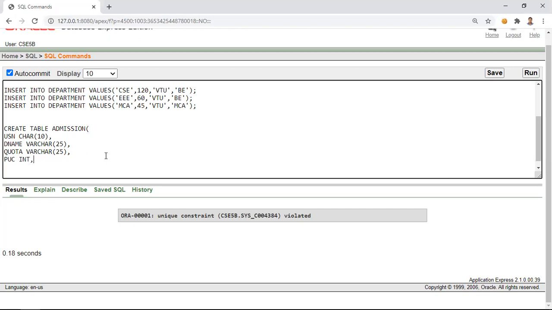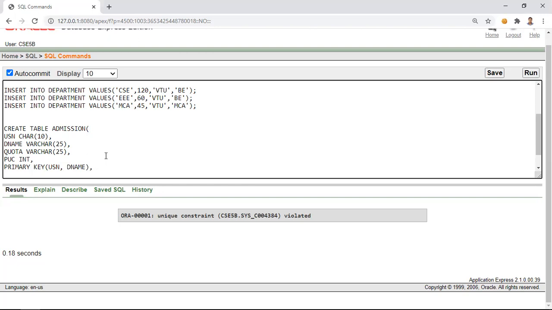Now in this particular table, we need to decide which is the primary key. If you observe, the USN values will come from the student table, whereas the D name will come from the department table. So we will together declare USN and D name as the primary key.